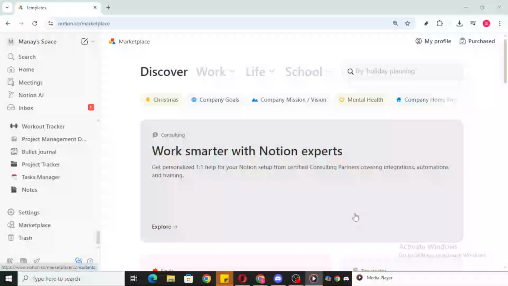In today's video, I'm going to teach you how to build a GTD system in Notion. If you're new to GTD, it stands for Getting Things Done, a popular productivity method that helps you capture everything on your plate, clarify what it means, and track it in a system you trust. We'll set this up quickly using a ready-made template so you can start focusing on your work rather than building